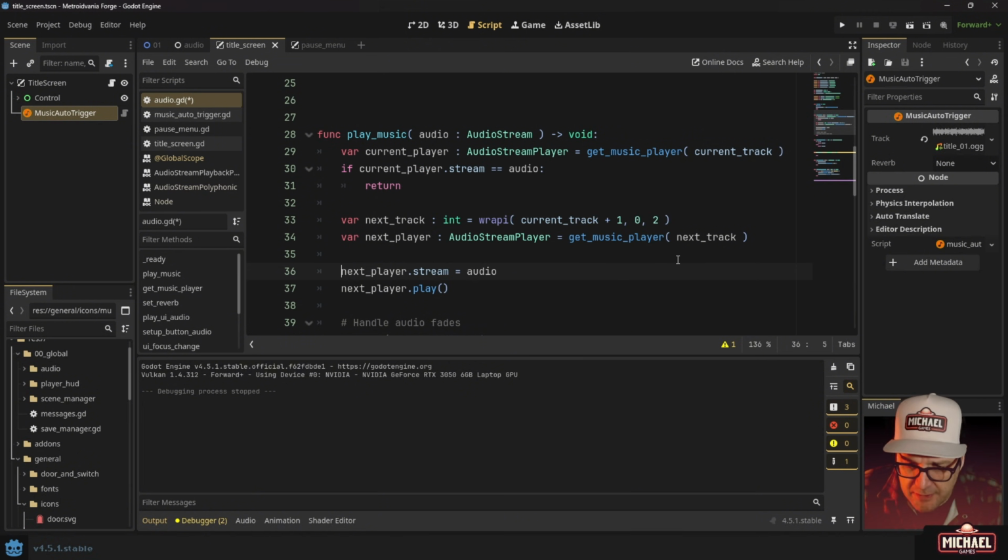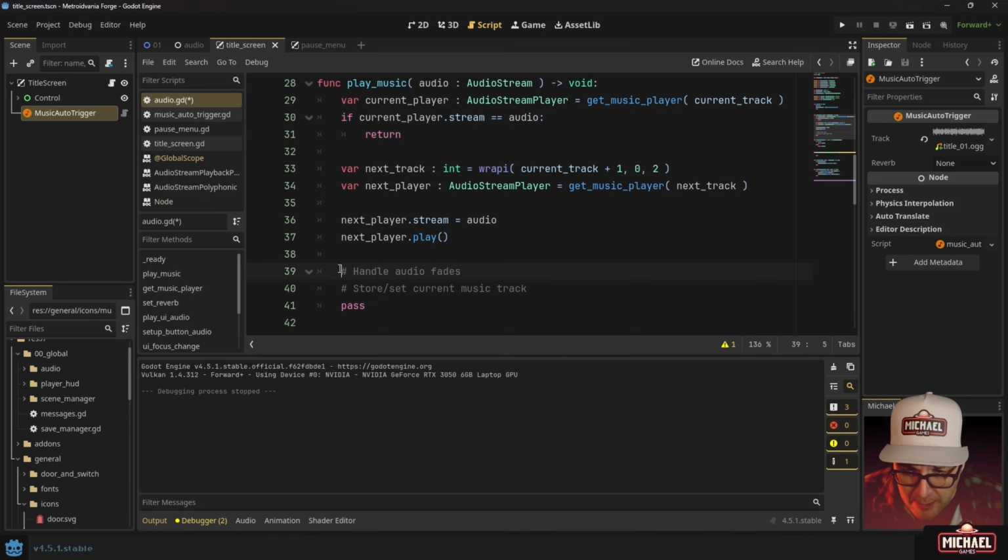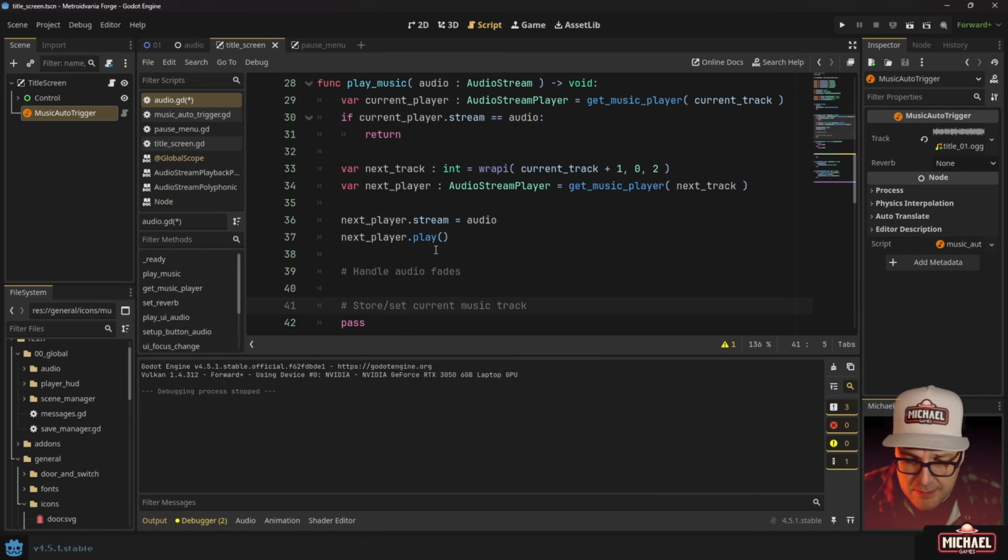Okay, so that's going to set that track to the audio stream and play it. We're going to do our audio fades. We're going to use tweens for that, and then let's do this last line of code next, store/set the current music track. So what this means is once we're all done, we now want this next track value to be